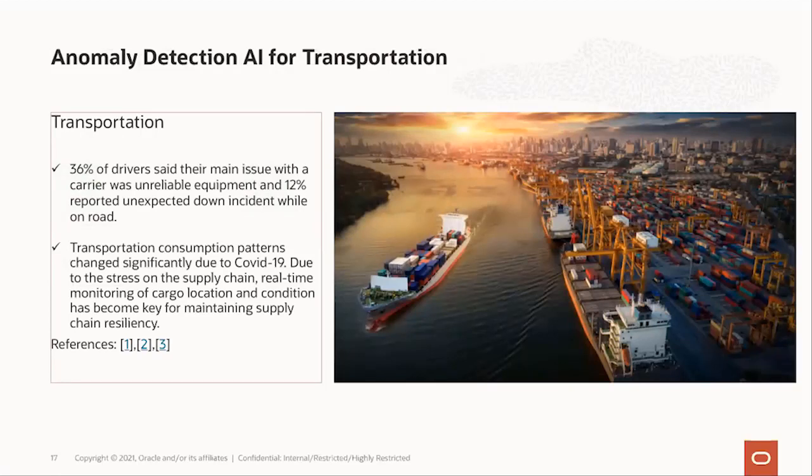Transportation, as you know, during COVID completely got disrupted, and it also had a downstream effect on the entire supply chain, the global supply chain. So one of the things that we see here is the ability to have continuous data collected from the vehicles as well as from the cargo, so that they can prevent any shipment delays or any disruption to the shipment plan that both the third-party logistics companies as well as the fleet owners have committed to the